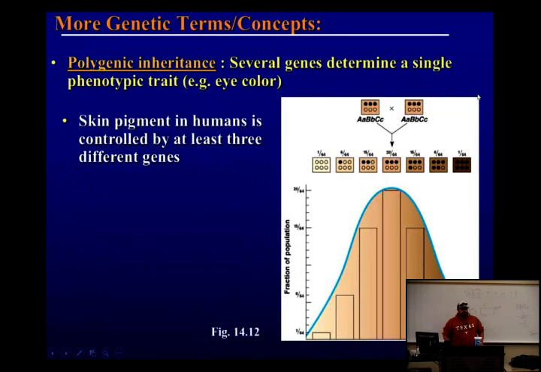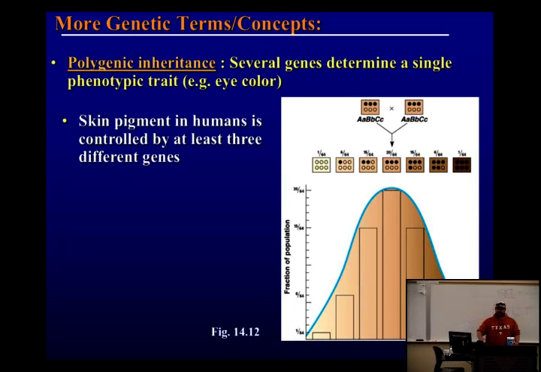Okay. So that's epistasis. The next deviation from Mendel is what can happen when you have polygenic inheritance. So what's poly mean? Where do you think genic comes from? Genes, right? So polygenic inheritance means that multiple genes control a trait. In humans, geneticists know that there's at least 3 genes that control a trait. So how many alleles are involved in this? How many alleles per gene? 2, right? So there's 6 alleles.